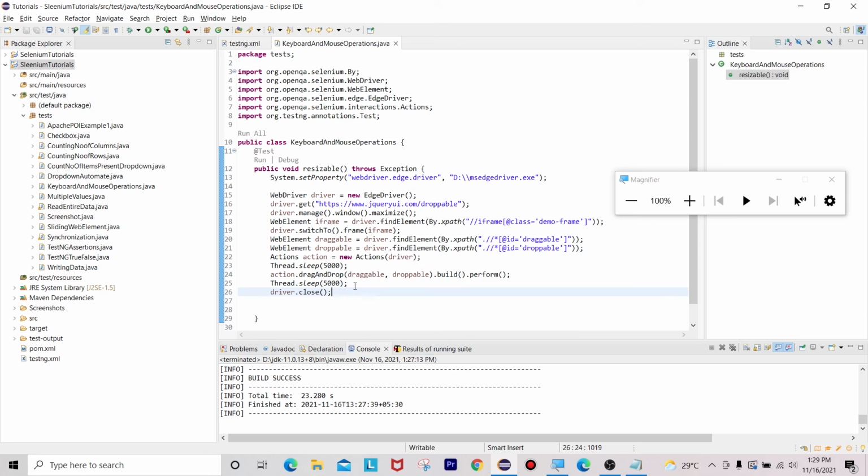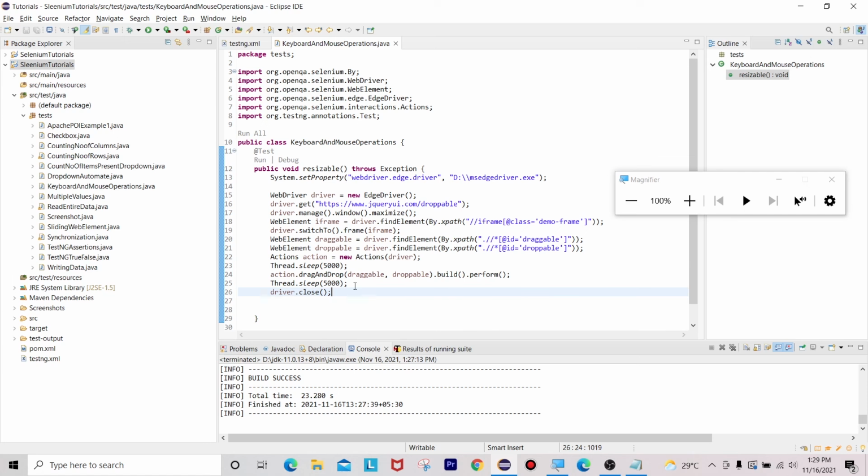If we use driver.close, it is going to close the current window where our driver is focused. For example, if there are 3 windows currently open, driver.close will be performed only on the current window, that is the third window, where our driver